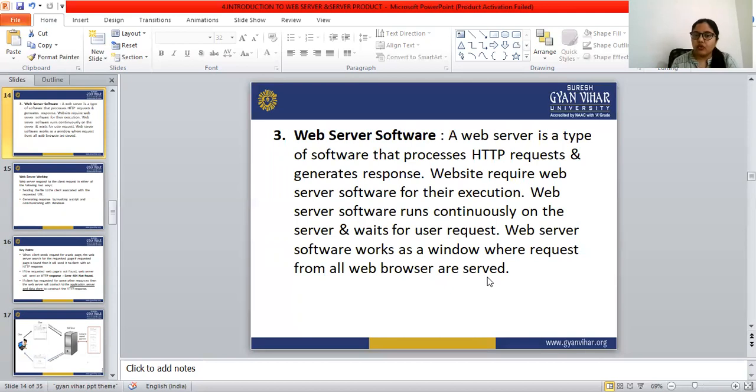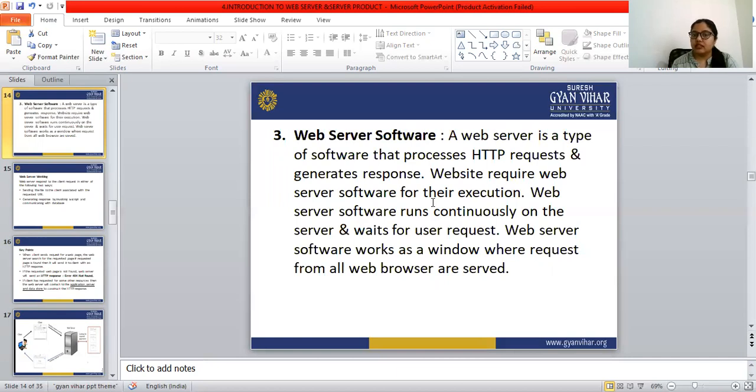It is always open, working 24 by 7, so in the middle of the night, at any time, we can search anything from Google Chrome and so on. It processes HTTP requests and generates responses to the users or clients.